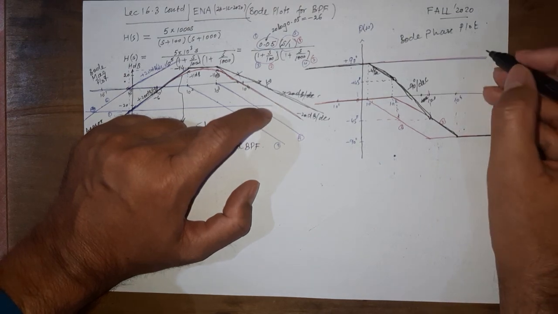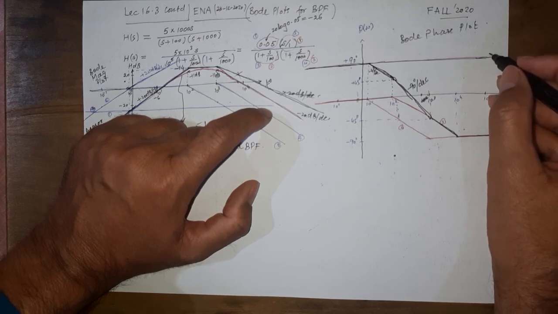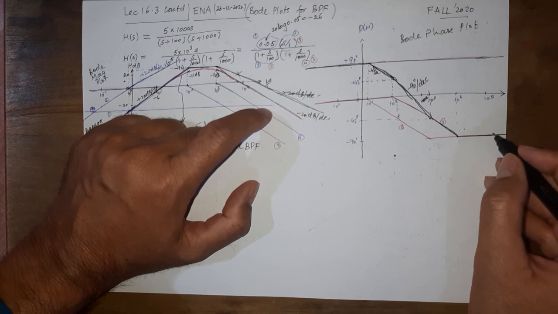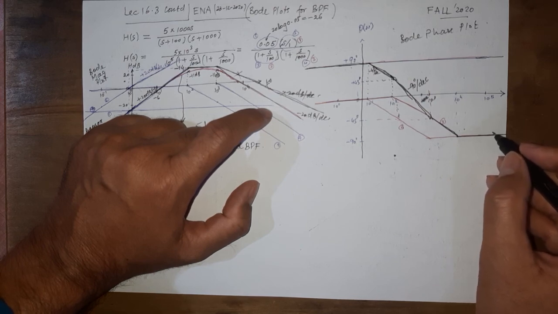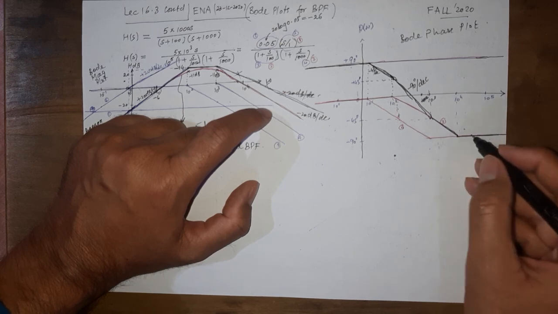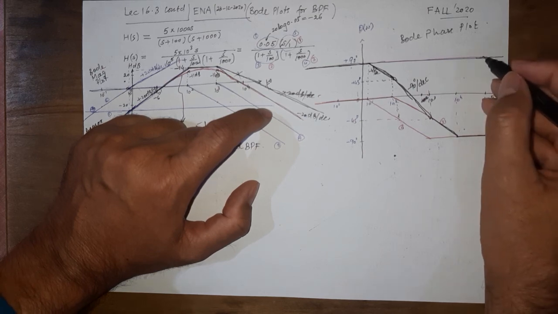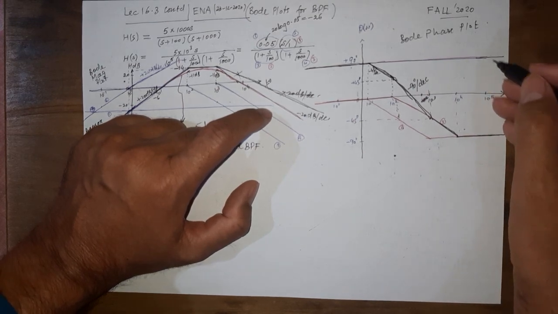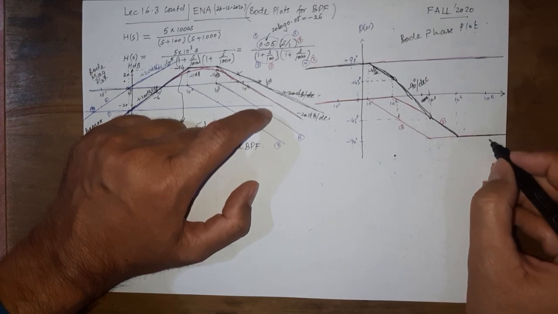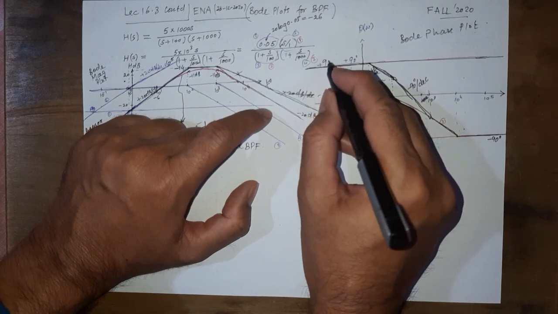And you can also check this from here. So this is a constant, it is plus 90, and we have two curves that are at minus 90. So at minus 90 we have two values. So minus 90 twice is minus 180. So adding these two together is going to give us minus 180 here, and plus 90. So minus 180 plus 90 is minus 90. So here the resultant must have a value of minus 90 degree. Here the resultant must have a value of plus 90 degree.